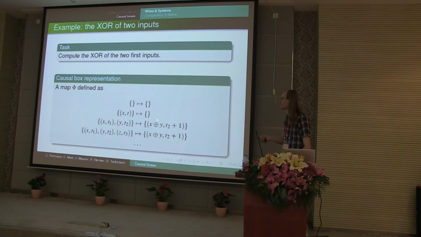If you just receive 1 message, you output nothing. If you receive 2 messages, you output the XOR of the 2 at the time following the time at which you receive the second. If you receive 3 messages, again, you output the XOR of the 2 and you ignore the rest, etc. So this is actually completely equivalent to the other, except that I've completely skipped describing the internals of the system,